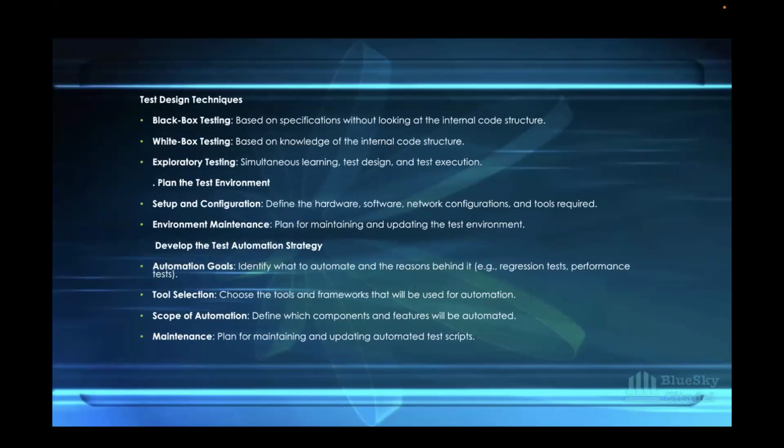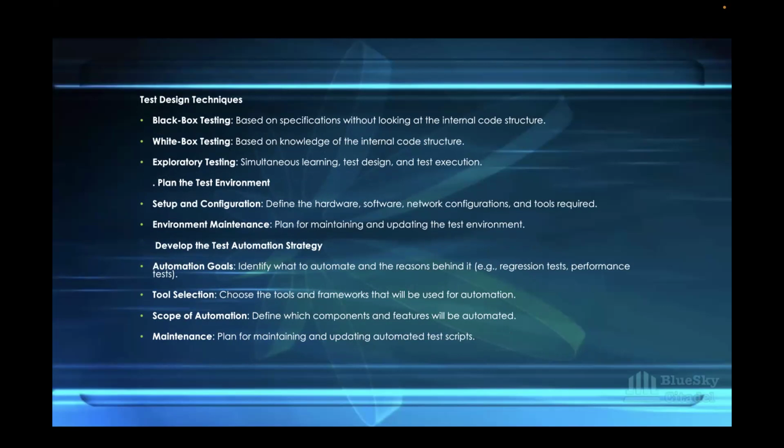So you also have to state your test design techniques, which I've mentioned. Black box testing, based on the specifications without looking at the internal code structure. White box testing, this is based on the knowledge of the internal code structure.